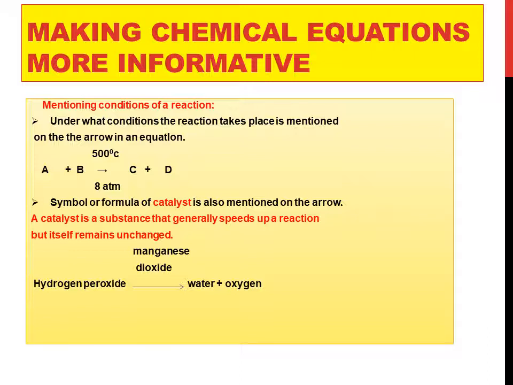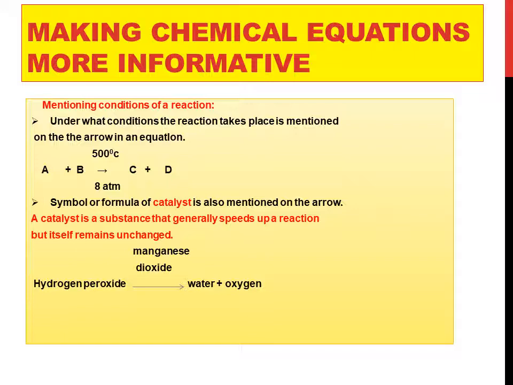For example, hydrogen peroxide gets slowly converted into water and oxygen if left alone. But if the reaction takes place in the presence of manganese dioxide, it occurs quickly. So here manganese dioxide is a catalyst which is helping to speed up the reaction. So that is how we can make our chemical equation more informative by mentioning the conditions of the